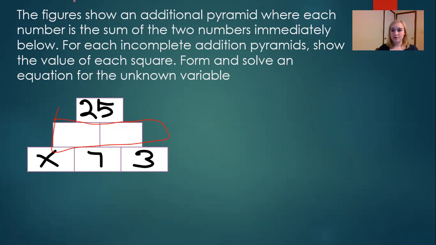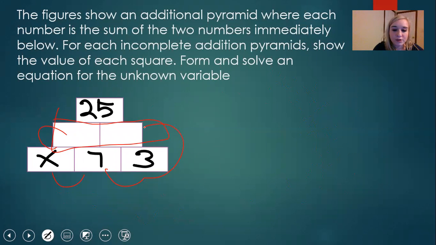Okay, now what we're going to do here is find these unknown numbers here in this pyramid. So how do we do that? Well, first off, we know that these 2 would have to equal this box. Same thing here, these 2 equal this box. So we can do an equation, and we start off doing x plus 7, and then 7 plus 3